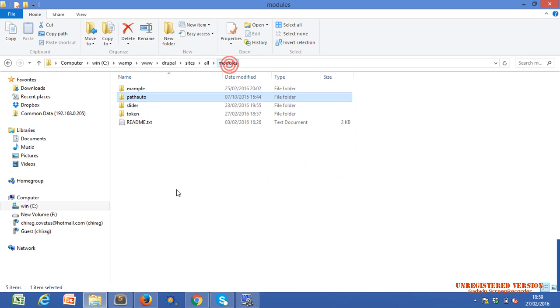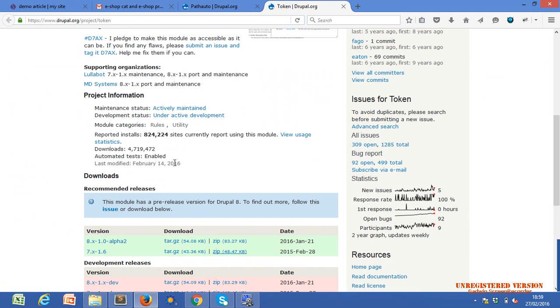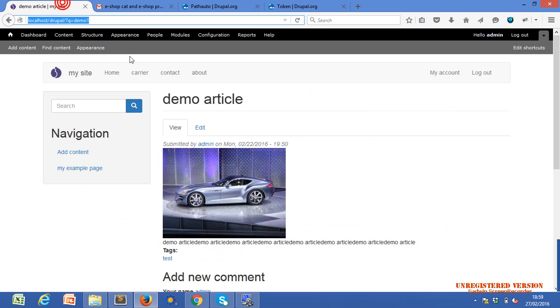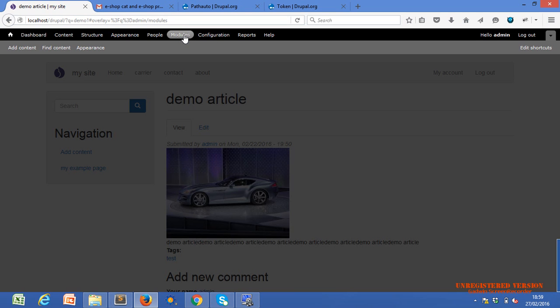Now what we have to do is activate our modules. Where can we find our modules? The list of all active and inactive modules. Click on the modules tab.